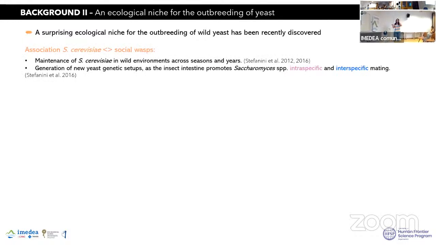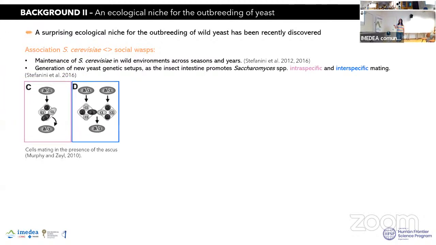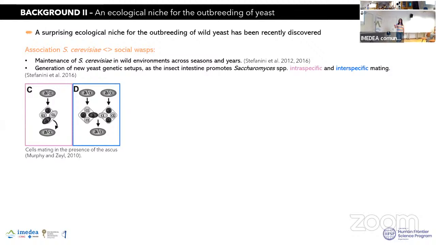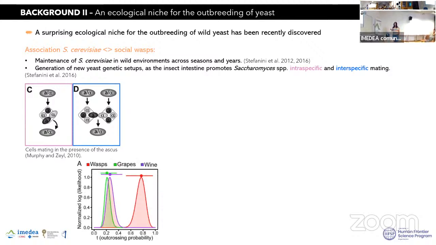Okay, so now we could see that the association between Saccharomyces cerevisiae and the social wasps is very good, because these yeasts can stay inside the wasp gut during, as I told you, seasons and years, and then it is a good niche to create new types of strains, promoting evolution and of course intraspecific and interspecific mating. As a reminder, as I told you before, that is inside the same ascus or different, okay? So Stefanini and colleagues, in a study in, I think, 2012,